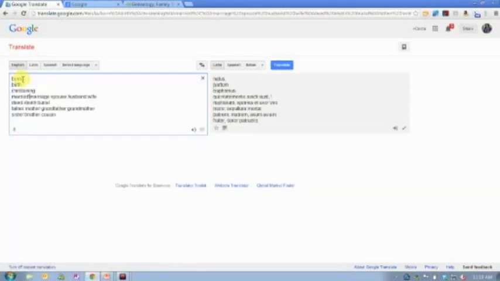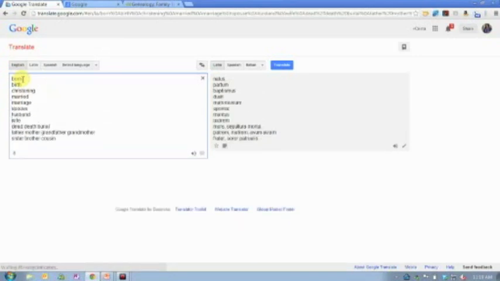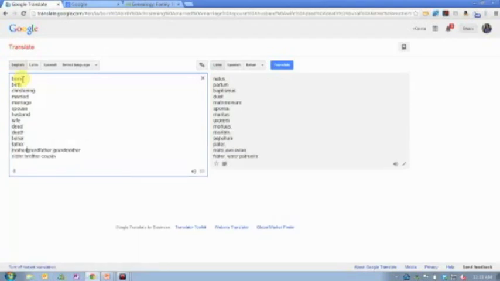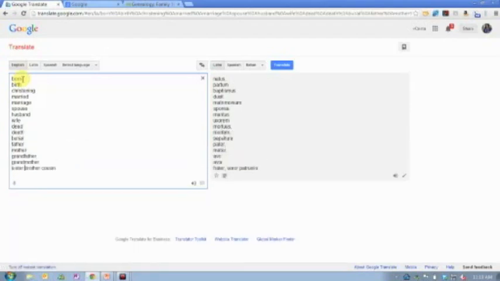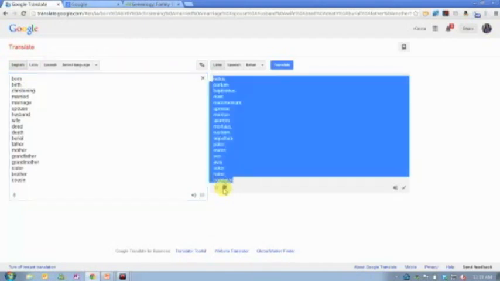I also do this if I find a record and it has information on it and I don't know what it means. I'll just come in here, type in that language, and then translate it into English to get a rough idea. It's not always a perfect translation, but it gives me a rough idea of what I'm dealing with. So here you can see my list of words, and then I can just take this list of words and print it out on a little piece of paper, stick that little piece of paper right next to my computer screen, so as I do work in these records, I know what kinds of keywords I should be looking for to help pull the information out of the record.